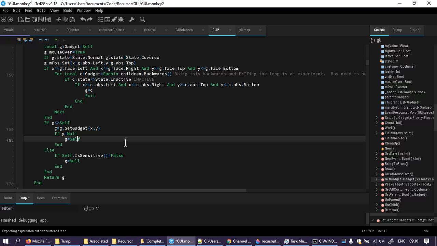But what if it goes into a zone, finds no other gadget, then it returns itself,